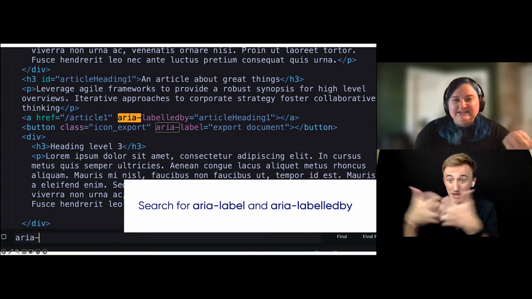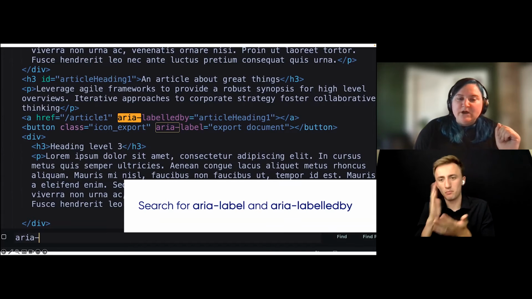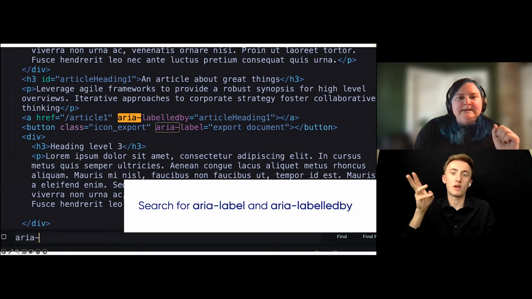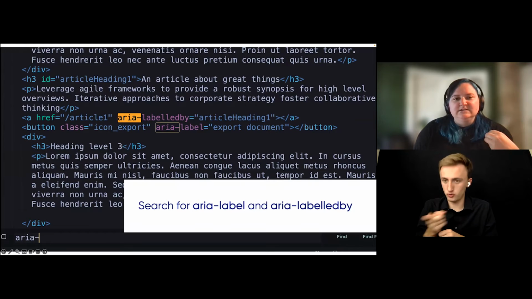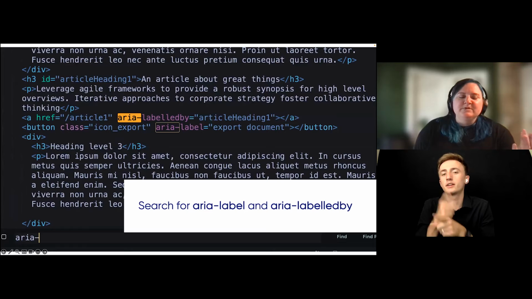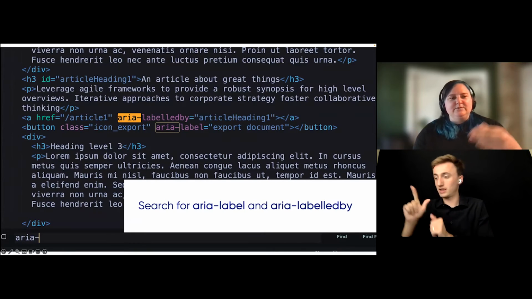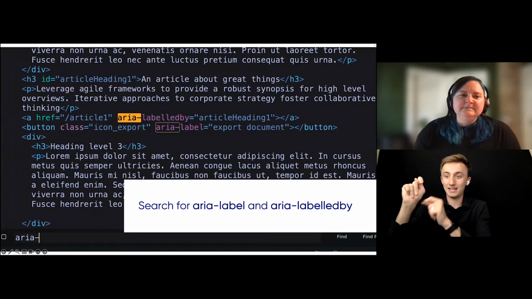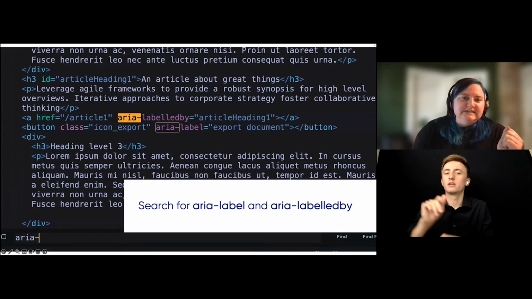I want to make sure it's not hidden, so I would probably run this in my browser as well to double check this. And then we want to make sure that it's pulling in the correct and expected accessible name, right, for that. ARIA labeled by, again, makes that connection between that heading text and the link so that it pulls the text of the link down to the accessible name of the link that does not have, in this case, any visible text in it.